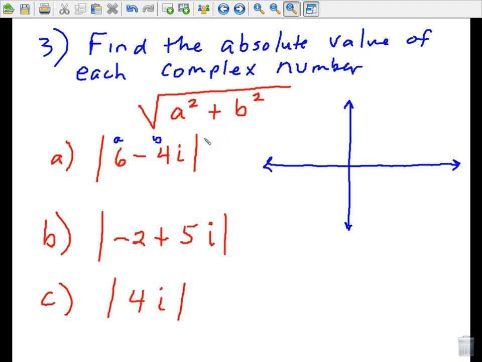Okay, problems 19 through 23 are going to ask you to find the absolute value of a complex number. And I've provided you with the formula that is required to do that, but I don't want to just say, here's the formula. I would like to show you, based on your prior knowledge, how this formula is derived. I want you to see where it came from. And I think maybe if you see where it came from, it might help you remember when to use it